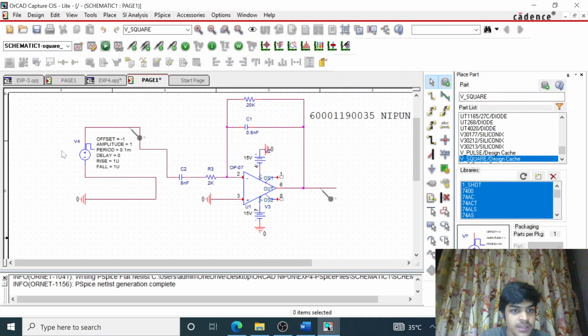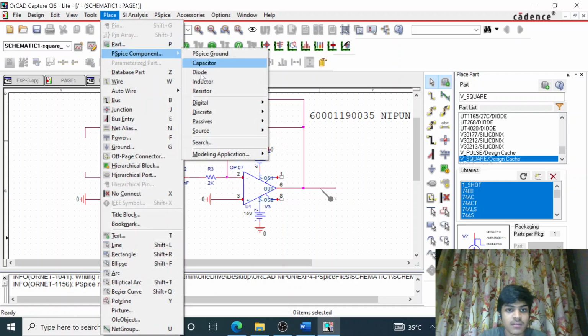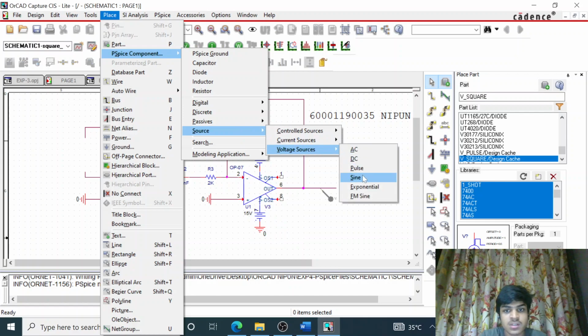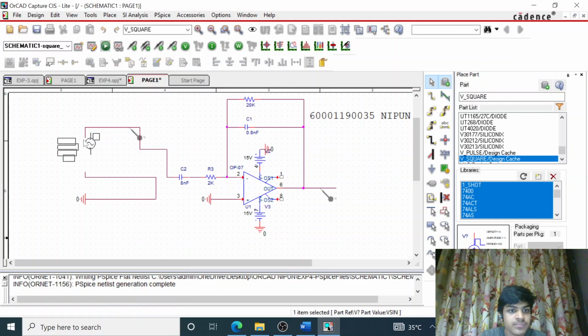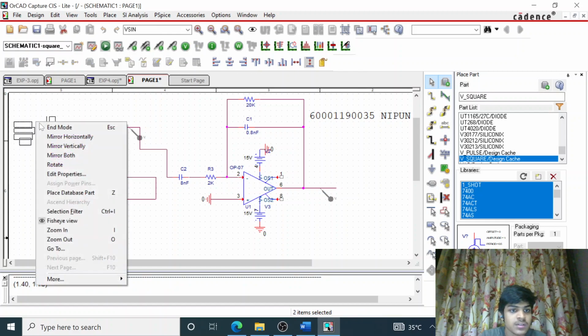Next, I'll be showing the sine wave as an input, but in this case I'm going to show how at a higher frequency the gain increases. So I'll be placing a sine input again. So sources, voltage sources, sine, connected to the terminals.